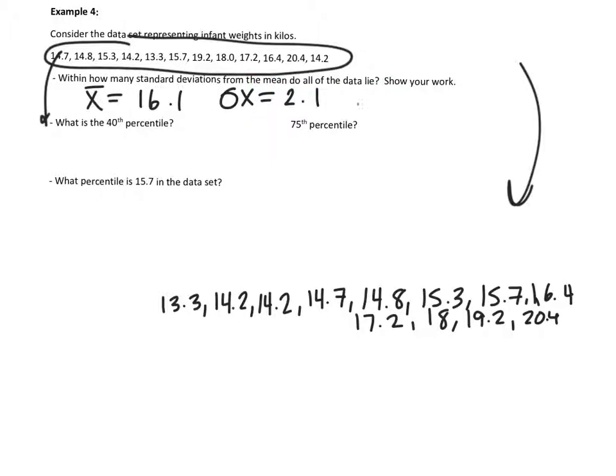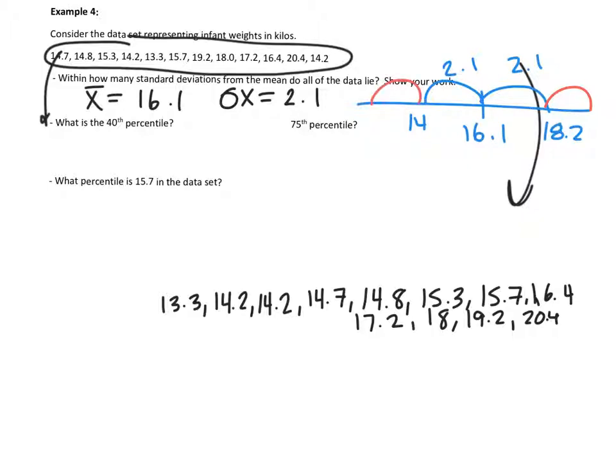In order to do that, I make my number line and I put the mean in the middle. I'm going to go up a standard deviation and down a standard deviation. So if I add 16.1 plus 2.1, I get 18.2. And then 16.1 minus 2.1 is 14. So this represents one standard deviation away. I need to look at my data, and I am not including 13.3, and I'm not including these over here either. So if I add another standard deviation,